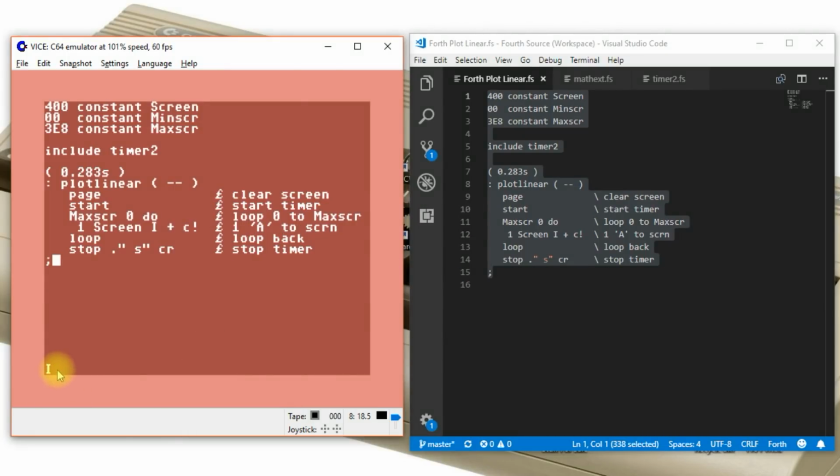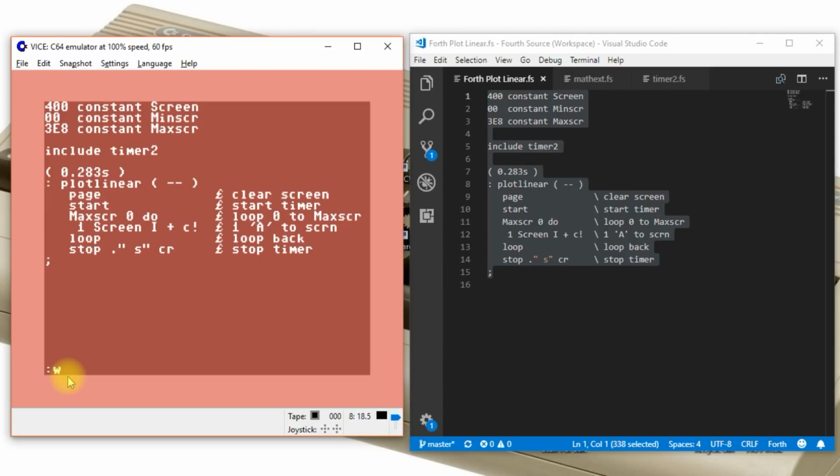We can tell we're in insert mode because of the I down here. Then on the PC keyboard, if you press the tilde key, which is the one just left of the 1, that'll take you out of insert mode,